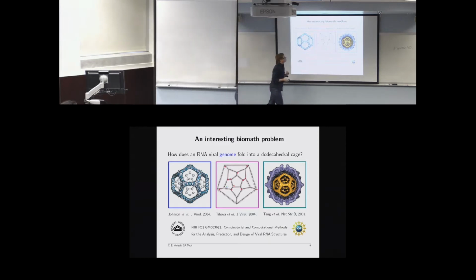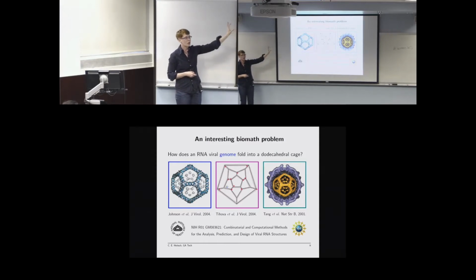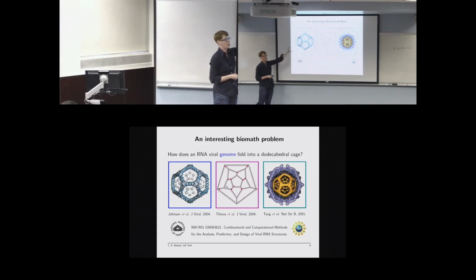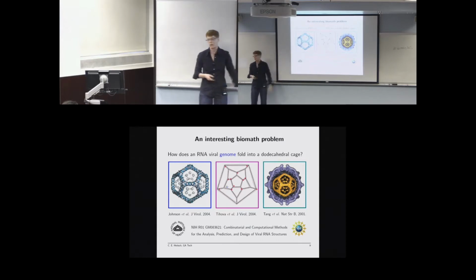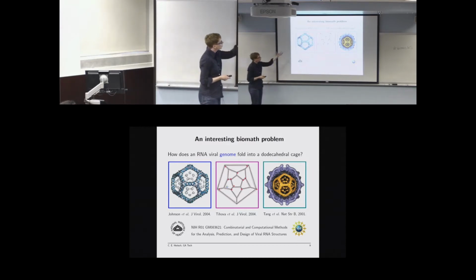And it also means there are a very large number, on the order of billions, of different possibilities in these paths. So the fact that there exists one is not going to help you in trying to figure out how this RNA, how this sequence, is folding. And so this is one of the pieces of evidence that this is a nice biomath problem,